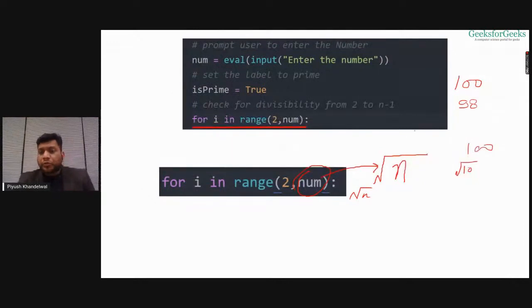You're getting this? So how much effort can I reduce? Instead of 100 times, if I use the square root of 100, I'm just showing you the comparison. If I pass num over here, it will run 100 times. When I pass square root of n over here, it will run only 10 times. So in case of 10,000, this loop will run 10,000